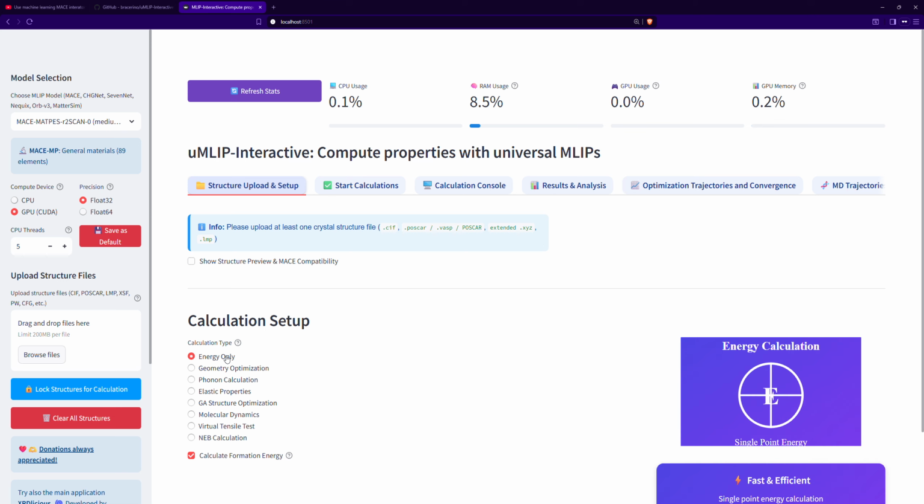Hello, in this short tutorial I will illustrate how to generate a Python script that will run a basic molecular dynamics simulation with the Atomic Simulation Environment calculator using a specific selected universal machine learning interatomic potential. To do that, we will use an application interface which is called u-MLIP interactive,